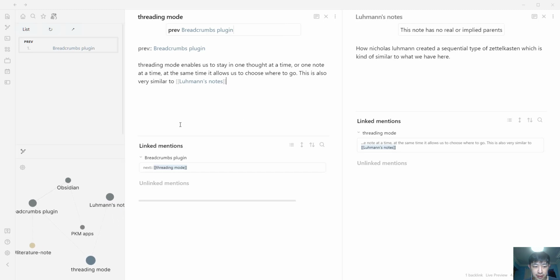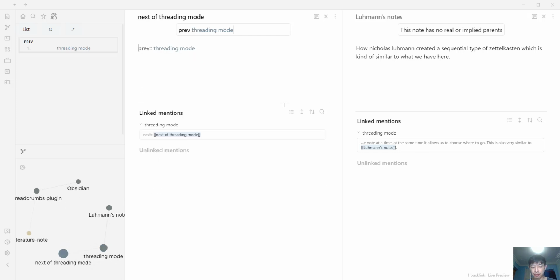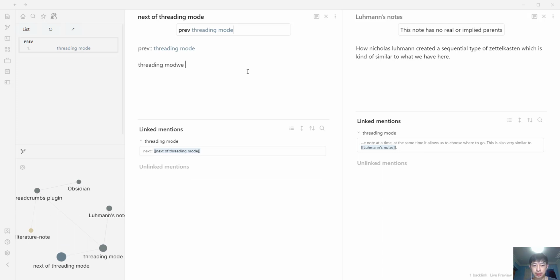And they're all related. Here you can see everything on the graph view, and let's say you want to go back to your original threading mode here, and let's say you want to talk more about threading mode. You can create a Control-Shift right, moving to the next thought. See that threading mode actually